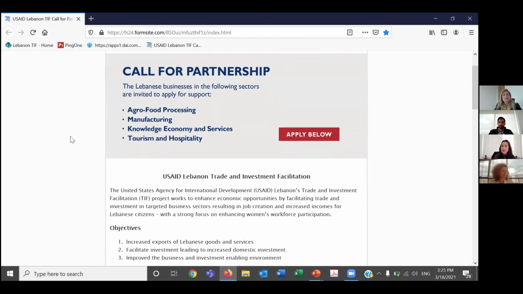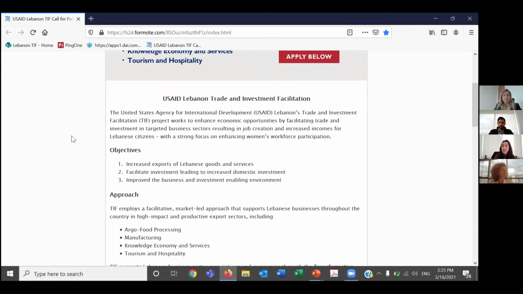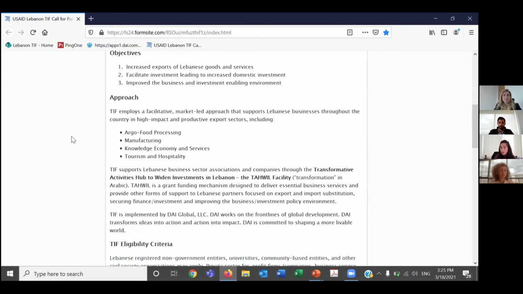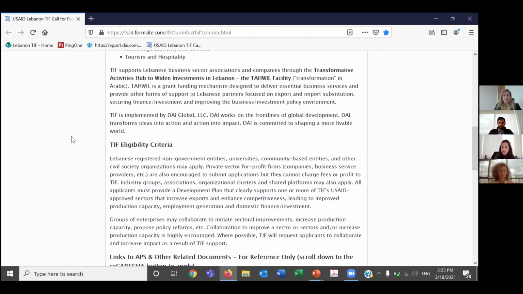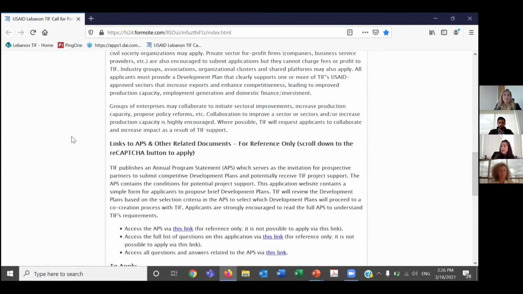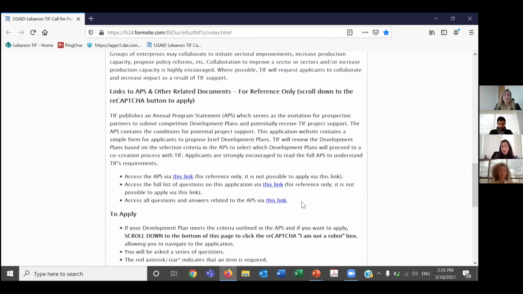So here's the landing page. في عنا information on TIF's objectives, our approach, the sectors اللي حنشتغل فيهم, our eligibility criteria, and links to relevant documents such as the APS document، وفيكم كمان تبعتوا ال APS document through email. You can access the full set of questions اللي كنا عم نحكي عليهم من شوي through those links and how